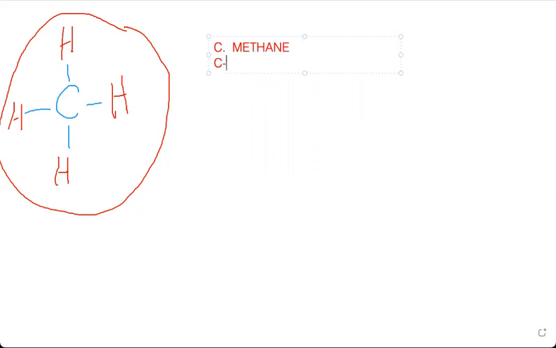Okay, let's move on to the next one. If a carbon is making a single bond with another carbon, meaning there are 2 carbons, definitely the rest of the bonds will be filled by hydrogen. That's what you should know. I'm not going to give you any formula now, because now you know how to make the formula, and that will be your homework. Now see, if there are 2 carbons, ethane. If there are 3 carbons in a chain, propane.